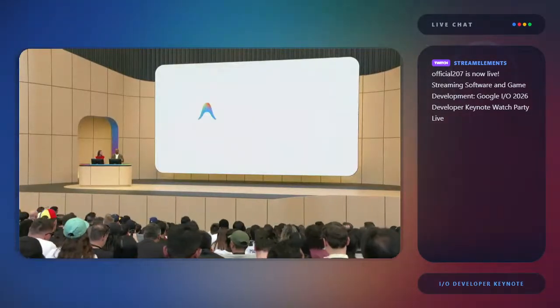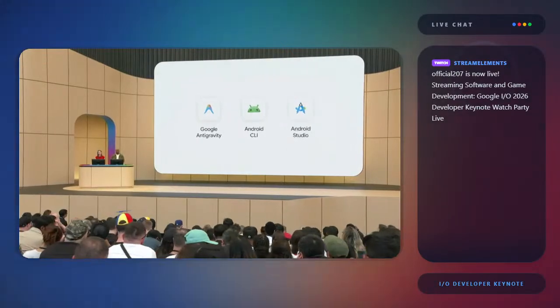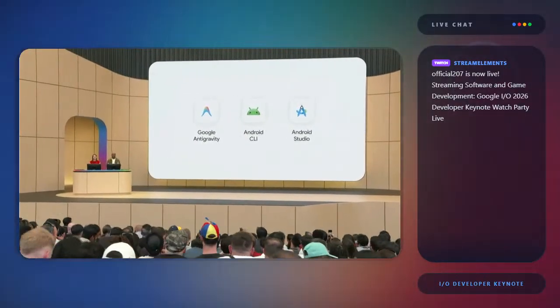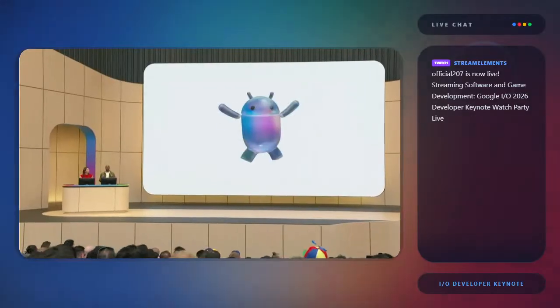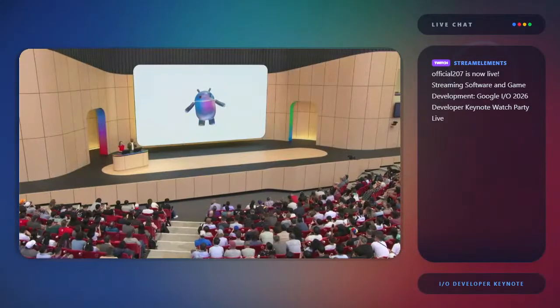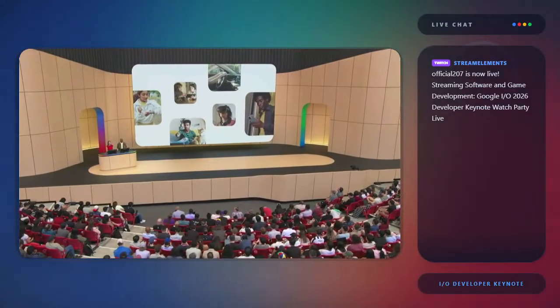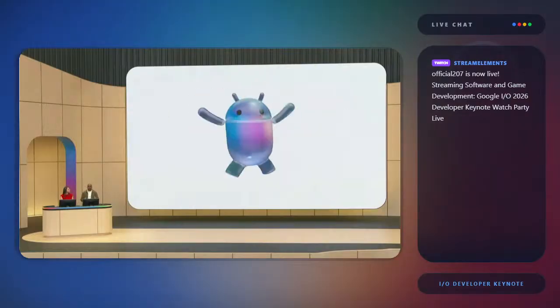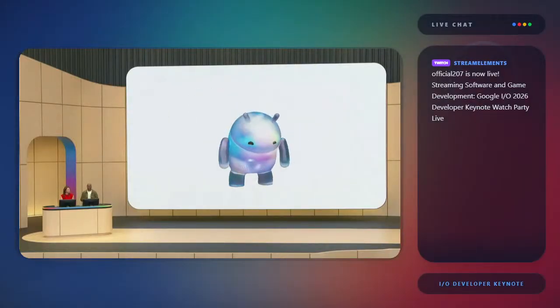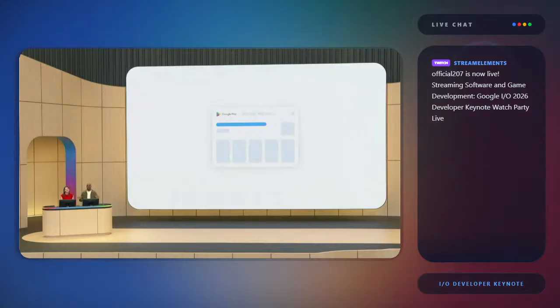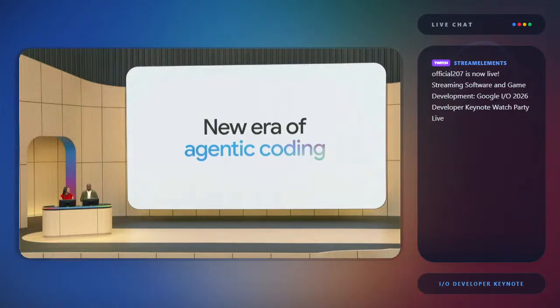By combining Antigravity and Android CLI with the pro capabilities and production-grade polish of Android Studio, we're unifying our most powerful tools for incredible productivity gains. No matter what form factor you're building for, you can bring your ideas to life easier than ever while maintaining Android best practices. Teams of all sizes and skill levels can build cutting-edge Kotlin apps and deploy them to Google Play in record time. And in this new era of development with Google, we're extending that same level of agentic coding across every platform. Now, from Yuna to tell us how this